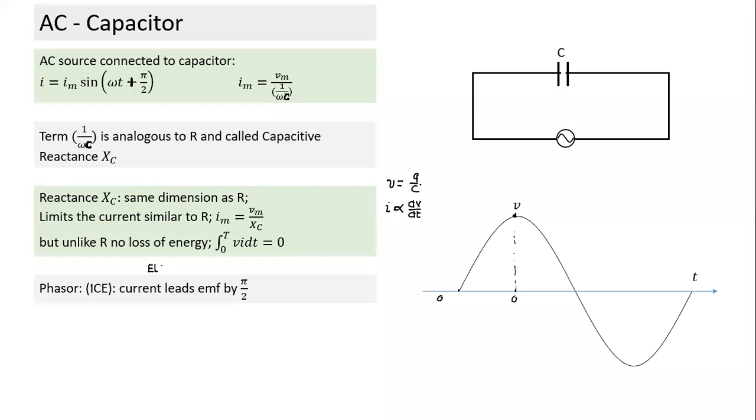Here dV by dt is positive, hence current will be positive, and dV by dt at this point will be maximum, hence the current will be maximum. How would current vary? The current will vary something like this. Again, here dV by dt is negative, and in the case of a sine curve, the slope here is 0. At this point the slope is maximum. When the slope is maximum, the current also will be maximum. But since the slope is negative, current also will be negative. So this is how the current curve will be.